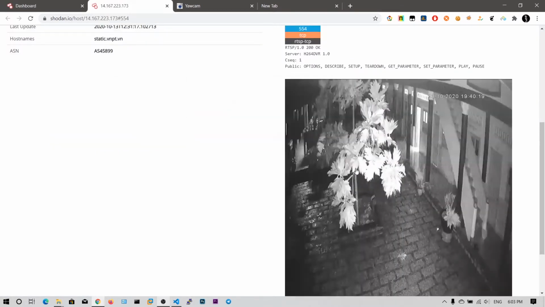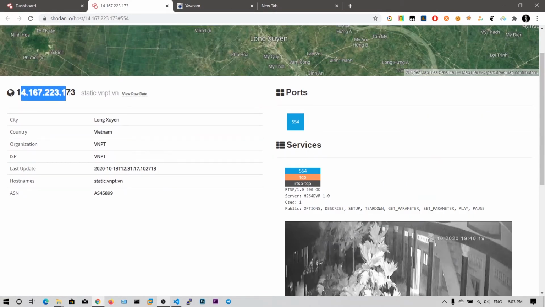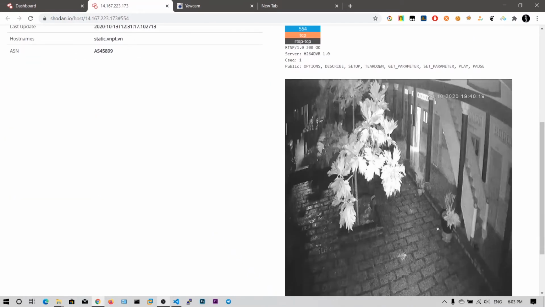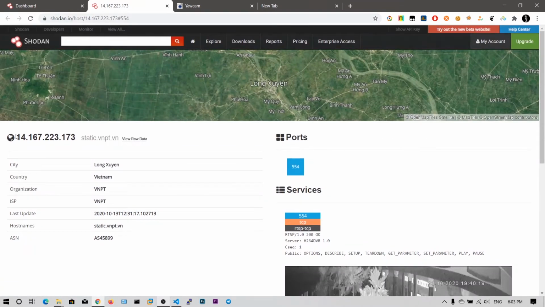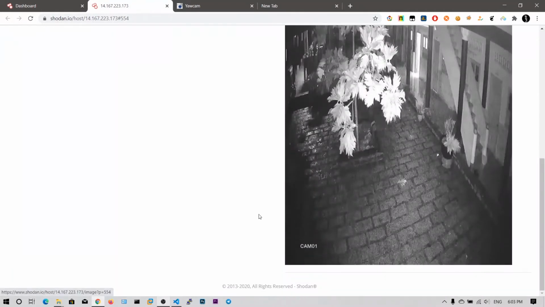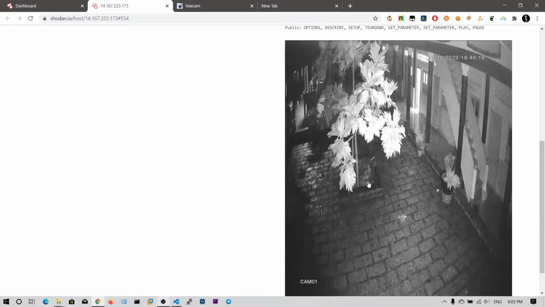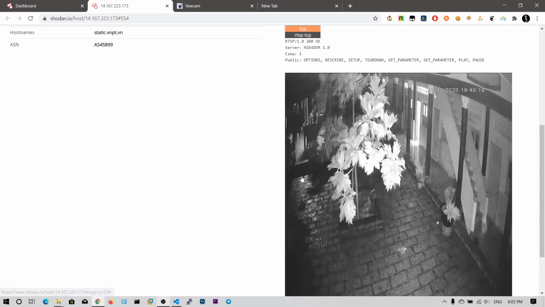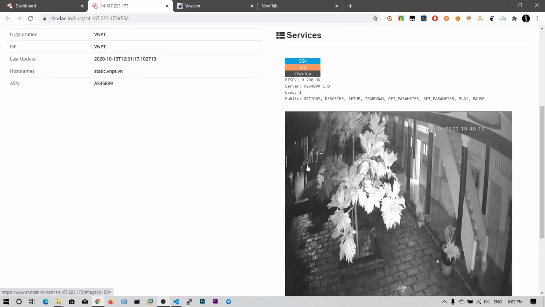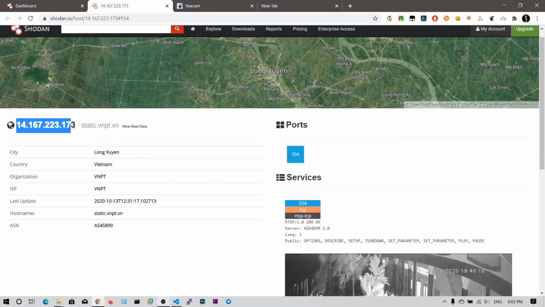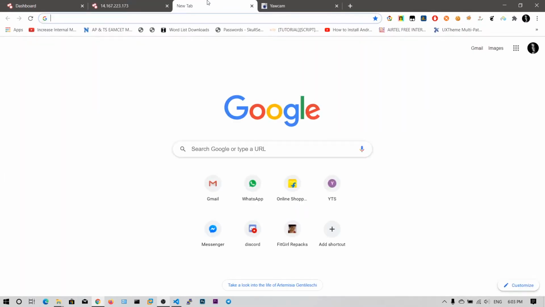As you can see, this is a CCTV camera which has this IP address, and it has no login. I mean, you can freely log in without any username and password. That's why Shodan automatically found the no-login state, and then it automatically recovered this web page. Let me show you. Go to this, copy this IP address, and the port running is 554.